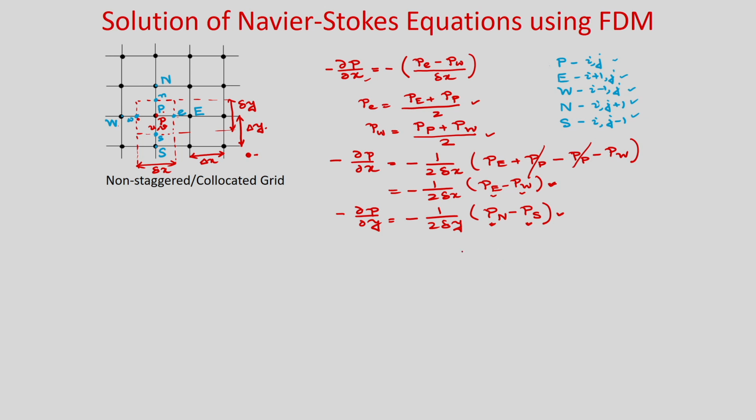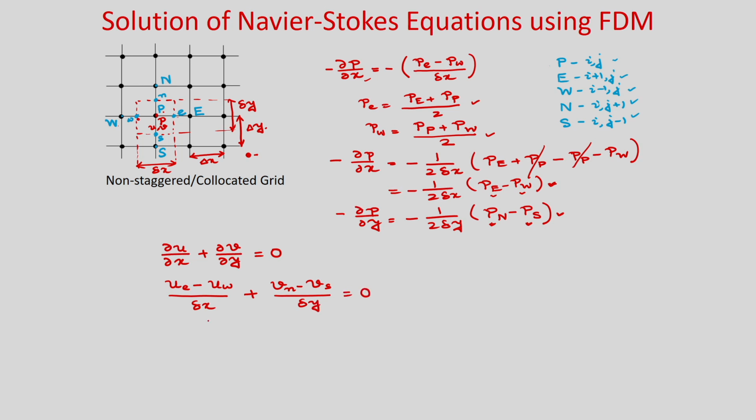So, obviously, you can think that you are using a coarser mesh, which is actually not true. The other way you can see, when we are invoking the continuity equation at this cell. So, what is continuity equation? Del u by del x plus del v by del y is 0. So, when we are invoking this continuity equation at this particular cell, you can write this equation as (u e minus u w) by delta x plus (v n minus v s) by delta y is equal to 0.